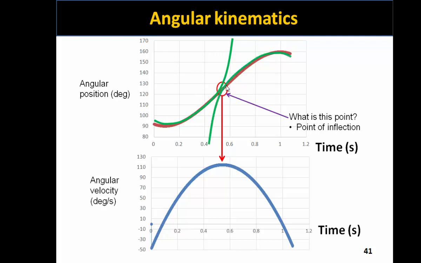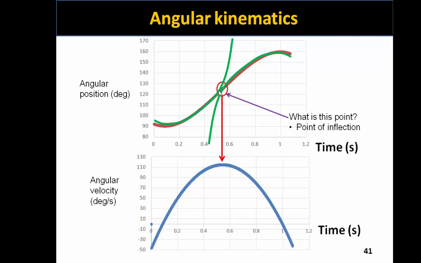What we see here on the second half of this curve, we have something called the concave portion of this part is facing down. So we would call this concave down. The connection between these two is the point of inflection. So the angular position of the knee would continue to increase in this manner unless some external factor came in